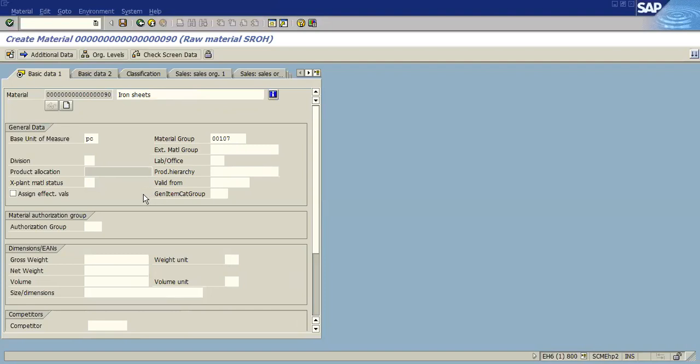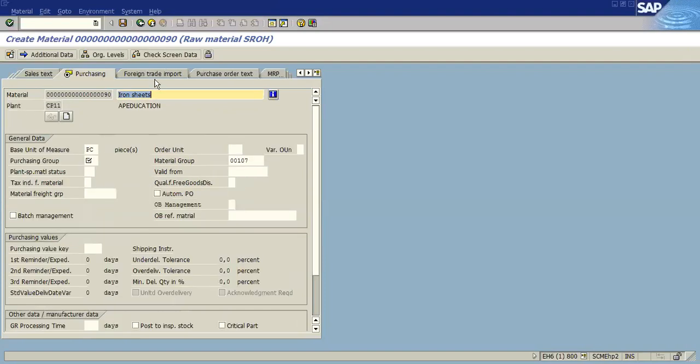Similarly, in purchasing, I'm still in the creation of the material, in the purchasing view.